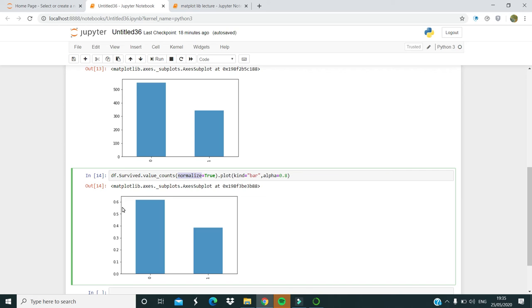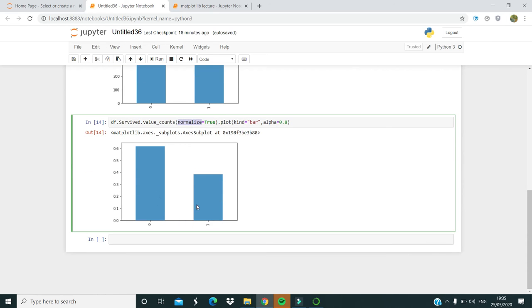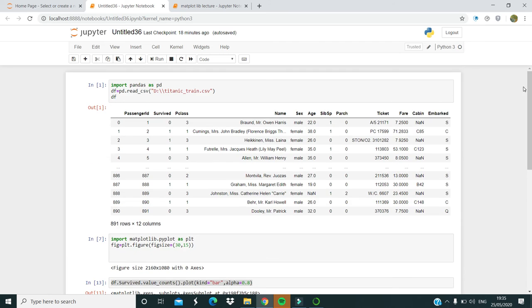Let's say one thing more. Let's have a look at count plots of passenger class. Here we have found out how many people are surviving and how many are dead, but let's say we focus on passenger class. In the passenger column, we have only three unique attributes: 1, 2, 3.